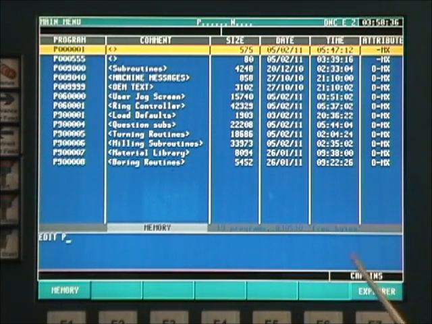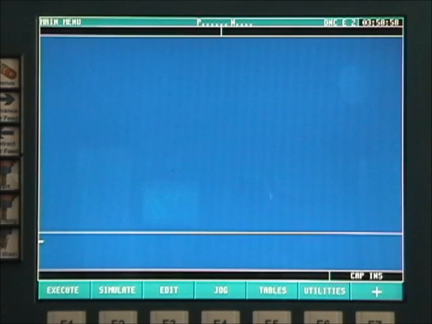To its right is area 8, the caps, insert, millimeter, replace block that shows the status of the editor. And area 9 are the function keys. These keys change depending on the mode of the control. To demonstrate, main menu,